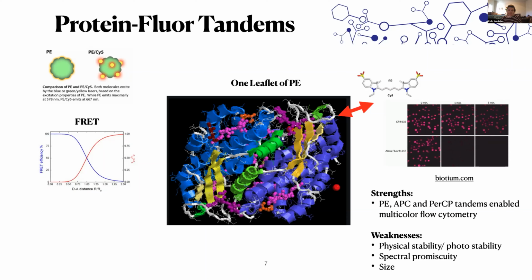But their biggest weakness is going to be not only their physical stability, but the photostability of the acceptor. So fluorophores like Psi5 and Psi7, although they were also very potent acceptors of energy, they were also extremely photolabile. So now what you're going to see, since we're getting well beyond this point, is trying to create tandems generally